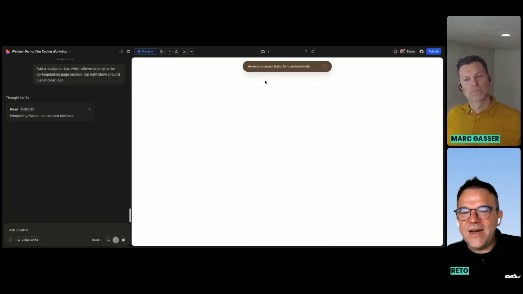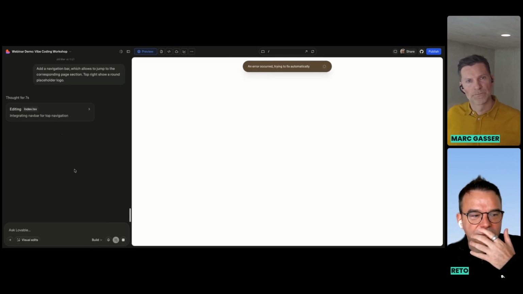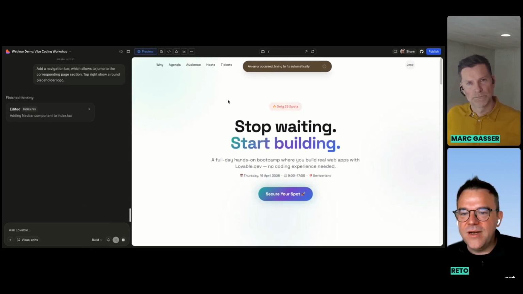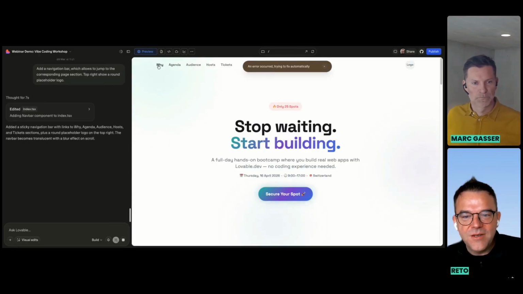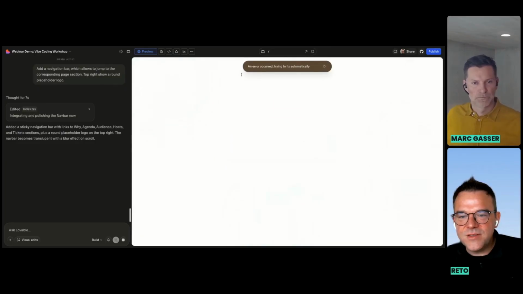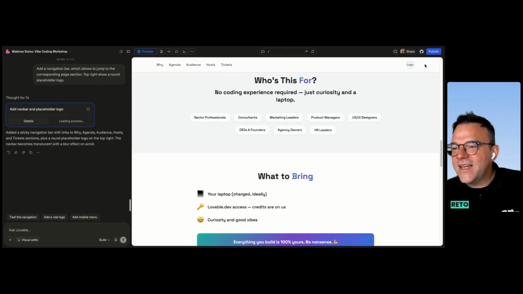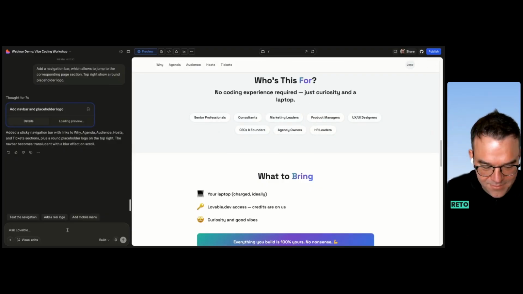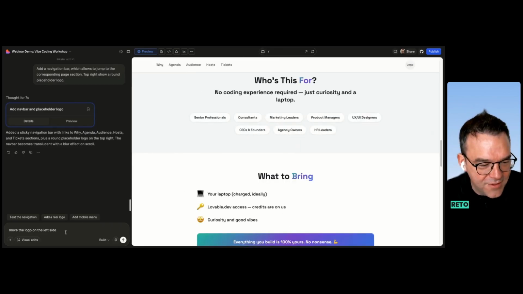Don't be irritated about this error, because it tries to render some intermediate state. It's working here, and it will now add this navigation bar. And you see now we already have navigation built. Let me refresh it. Now you can already jump to these different sections. What I don't like is that it put the logo on the right side. Move the logo on the left side. Let me check whether it automatically turns. Yeah, and I also want